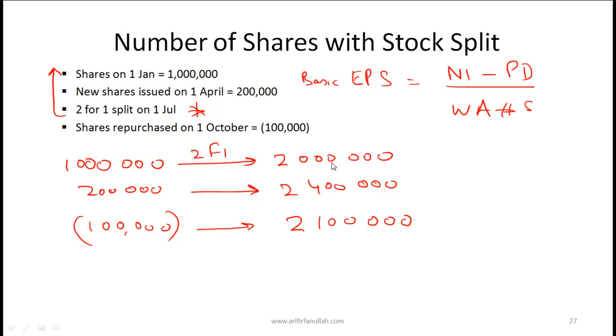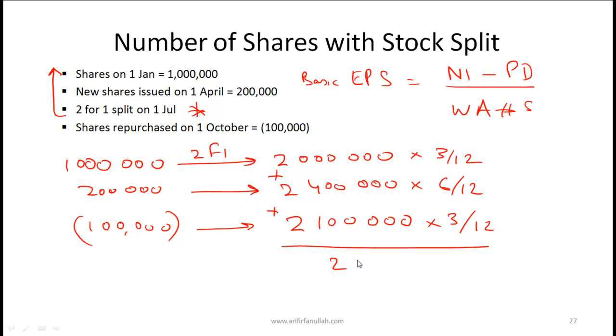In terms of calculating the weighted average, we have 2 million for 3 months as before, so from 1st Jan to 31st March. So you multiply this or weight it by 3/12. The 2,400,000 is for 6 out of 12 months, and the 2,100,000 is for again 3 out of 12 months. And as before, you add these numbers. When you add these numbers, you get 2,275,000. The net income minus preferred dividend is the same as before, so this is 2.3 million. So if we do 2.3 million divided by 2.275 million,